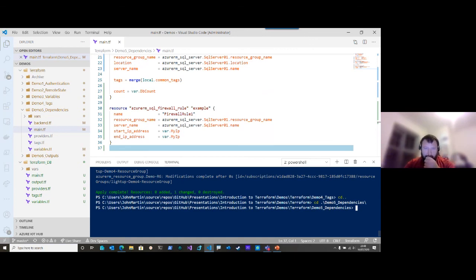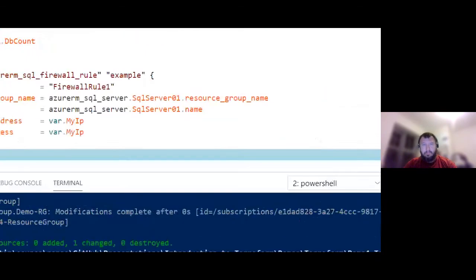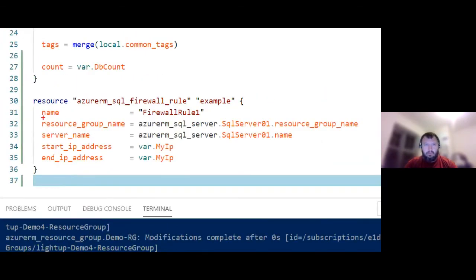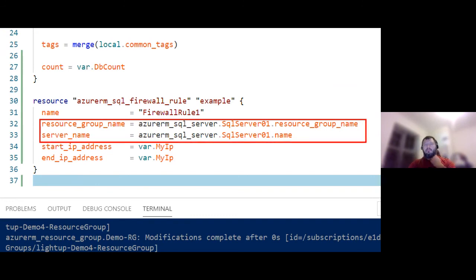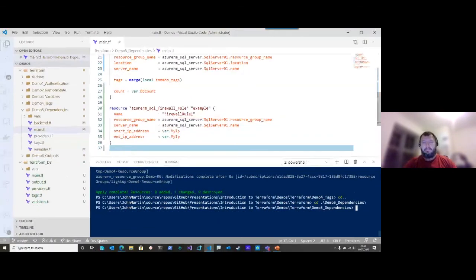One thing you'll notice is that I'm creating the resource group name, and I'm actually referencing it in the firewall rule, for example. I'm referencing the resource group name for another resource, and that's where I start building up that dependency between them. Okay, so if I go terraform init,